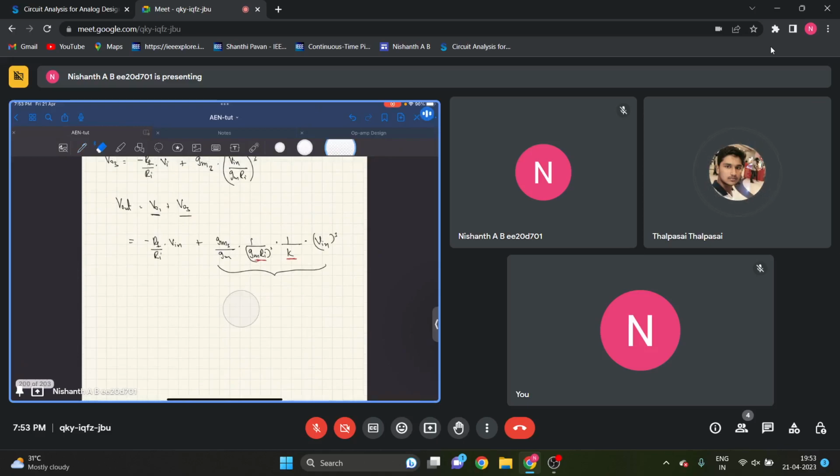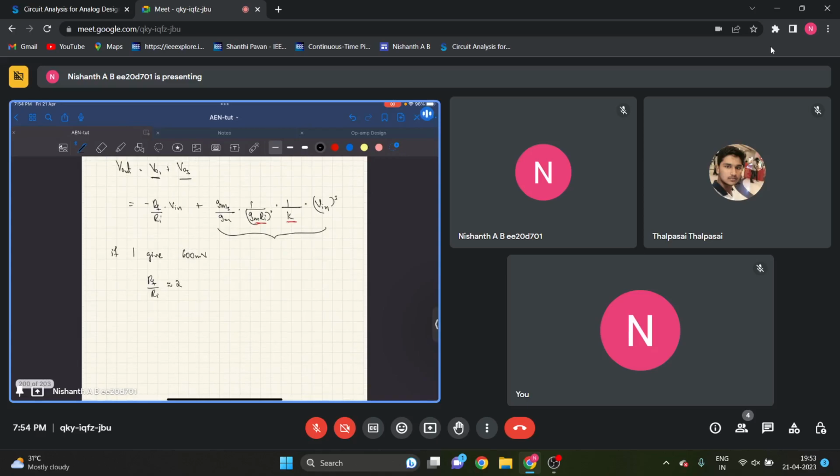Anyway, sir, if I give 100 millivolt input, not 100 millivolt, that is too small. Let's say 600 millivolt input, and RF by RI is, let's say, 2. Now, shall we write V out? What is V out? V out will be minus 1.2 sine omega t, right? Plus,